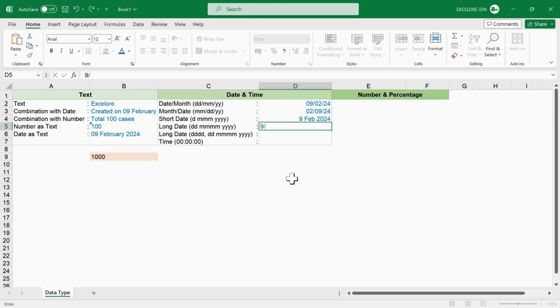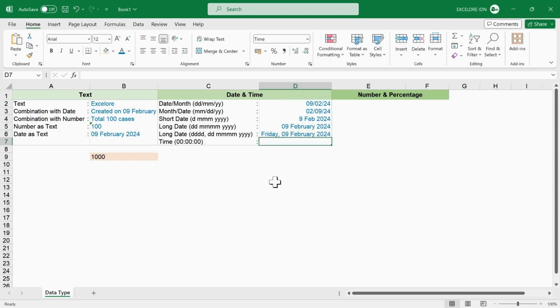For example, the next format includes days as well, and it appears as quadruple D, comma, dd, space, quadruple M, space, quadruple Y. For example, for writing time, the format is 00:00:00, hours, minutes, seconds. For example, please notice that the date and time display format is usually from right to left by default.